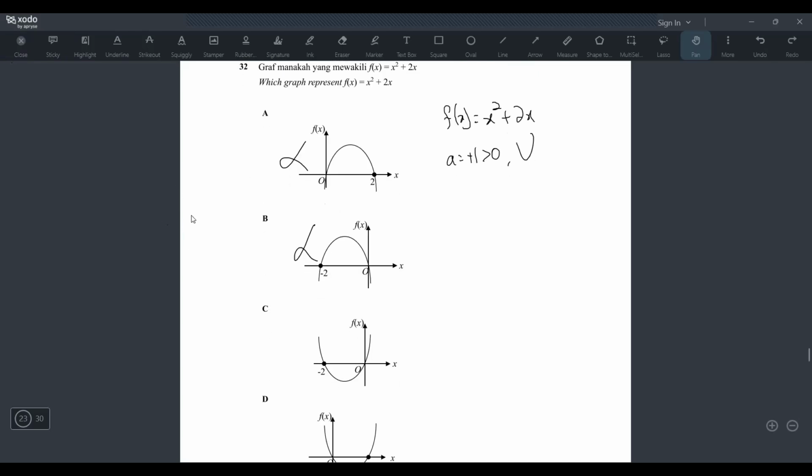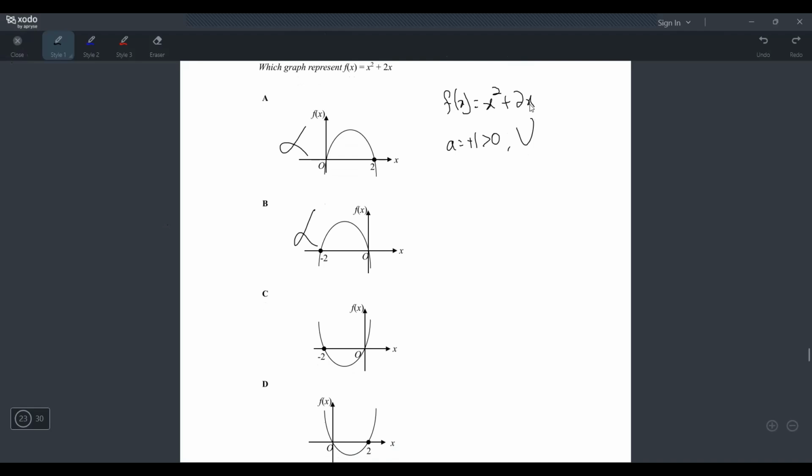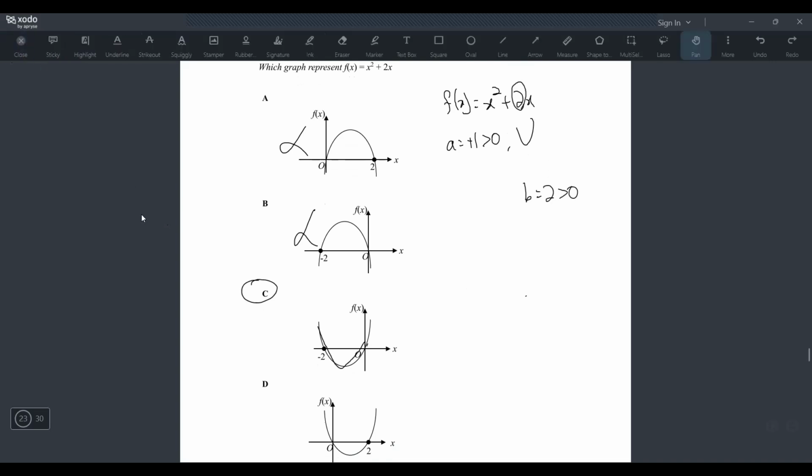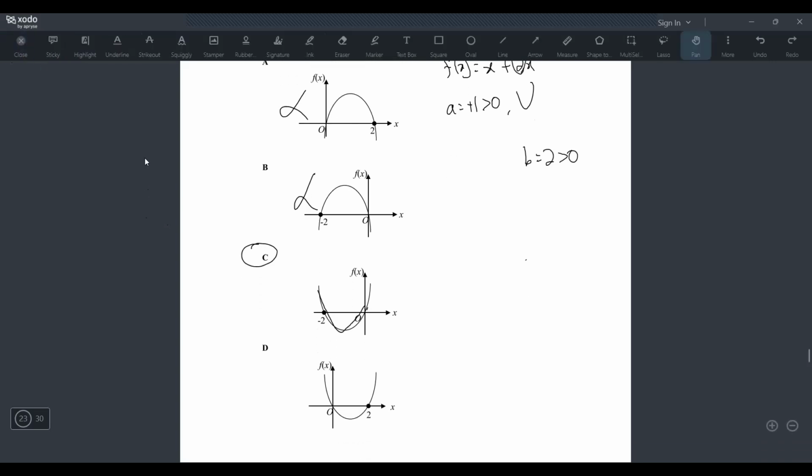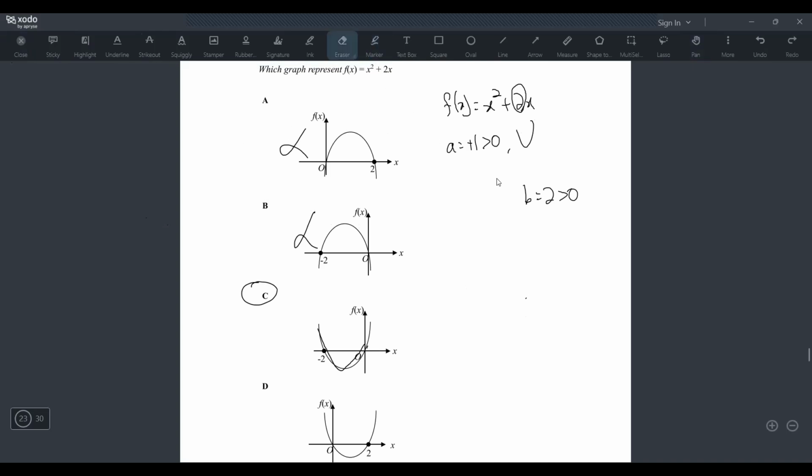You can look at, okay, there's one method where you can look at the B, you know. And if the B is 2 positive, it means after the y-axis, the graph will move up. So for example, this one, after the y-axis, it will move up. So C is the answer. But this one, after it moved down, right? Okay, this is one of the method you can do it lah. But let me show you another method. Another method is like this, because you already know your